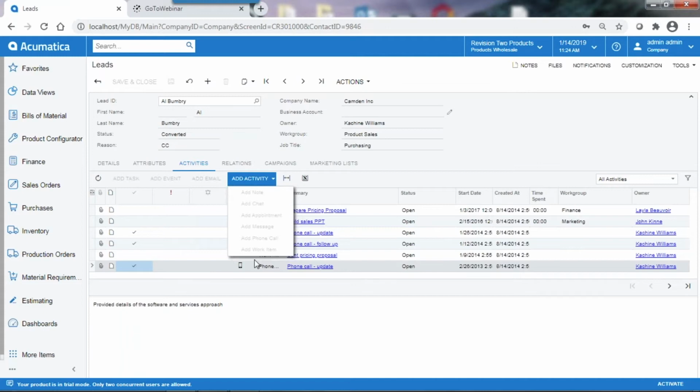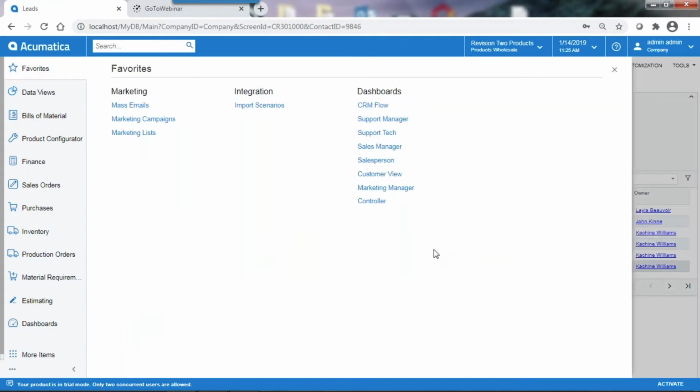As soon as the lead enters the system, you're allowed to connect it back to your marketing automation tools, where our lead or contact indicates that they are ready to move forward for a sale. We can begin to create an opportunity to identify the components for that sale. So if I go over to my opportunities,